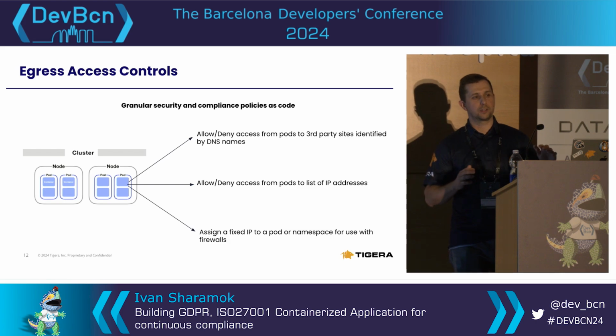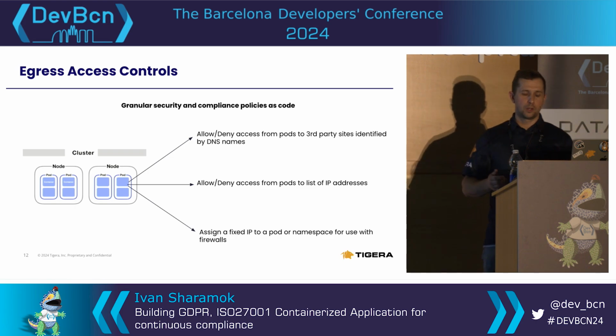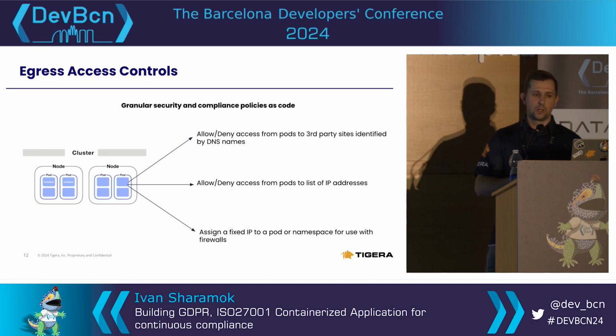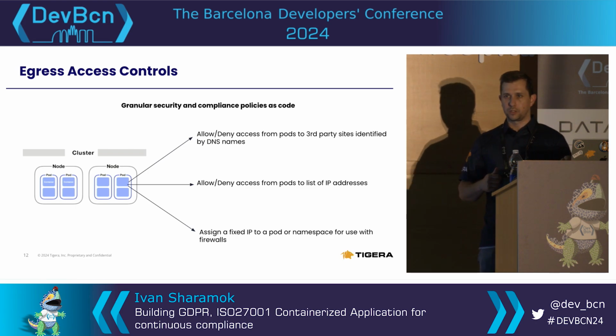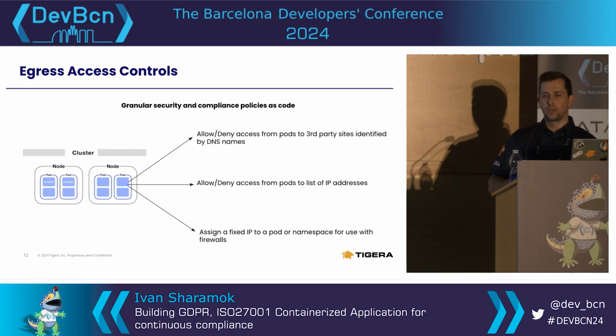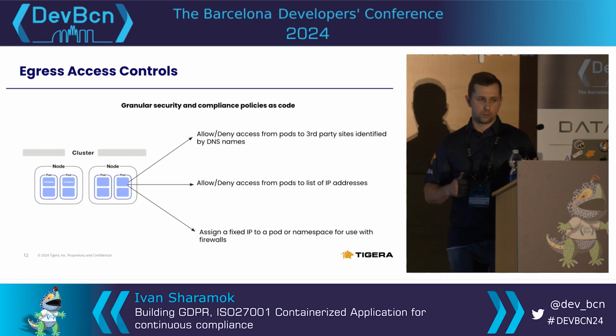Then there's one, I would say a subtype of microsegmentation, but we separate egress controls as its own way of securing your applications. When you run an application in Kubernetes, it does not necessarily mean that it will only talk to other components running in Kubernetes. Quite often, you need to talk to services that were not migrated to Kubernetes, or services that cannot be migrated into the platform. So you talk to them by IPs or FQDNs, and you need to secure those communications.